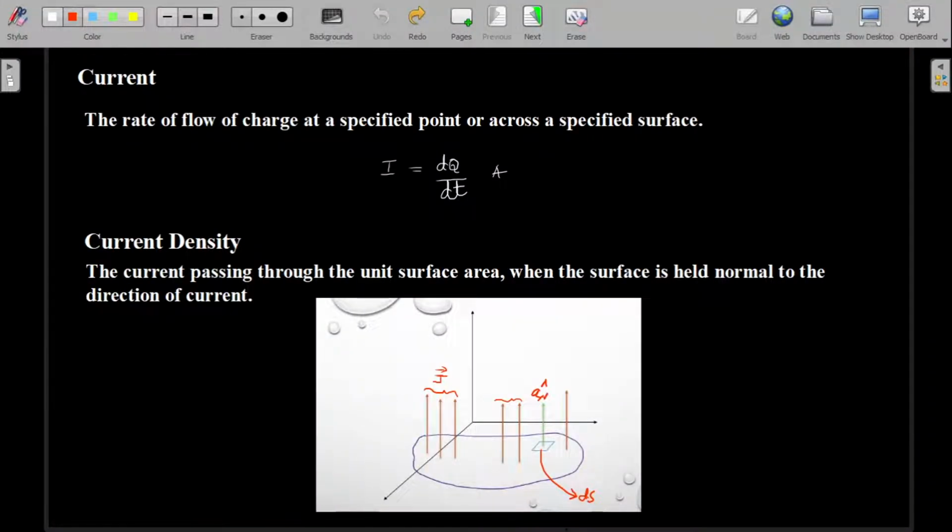Hi, welcome. In today's video, we will be looking into the definition of current and how to measure current density. It is necessary to know material science in depth to understand properly what a current is. But from physics, we know that the flow of charges constitutes an electric current.